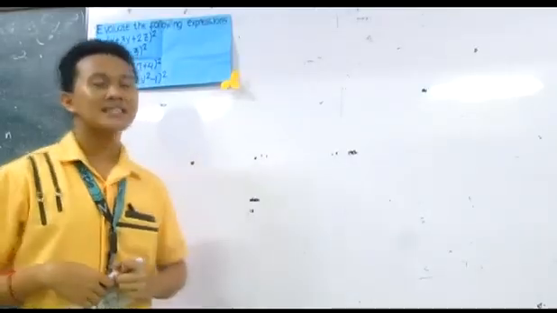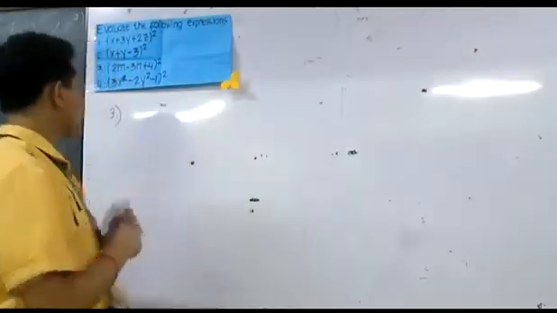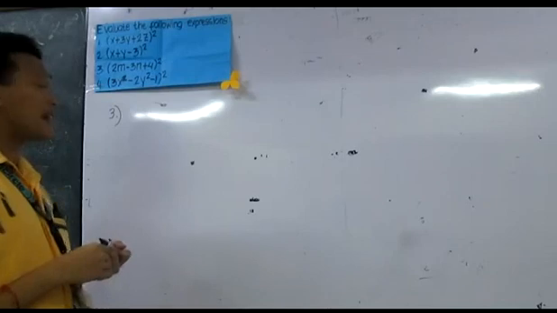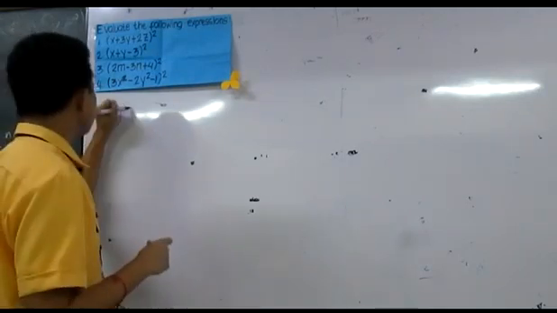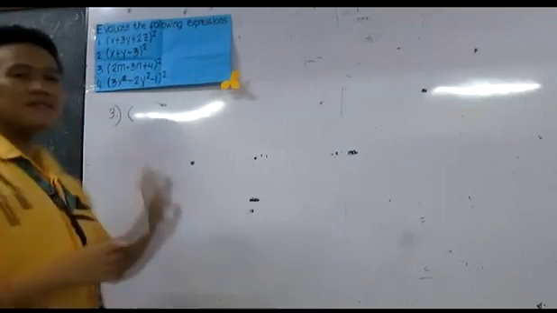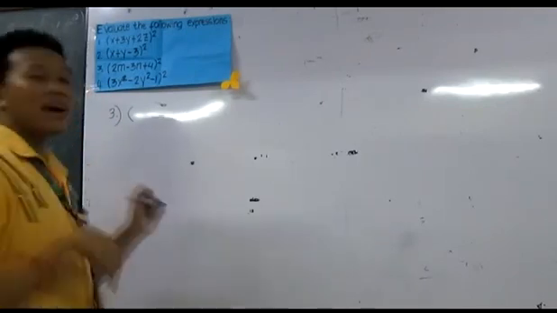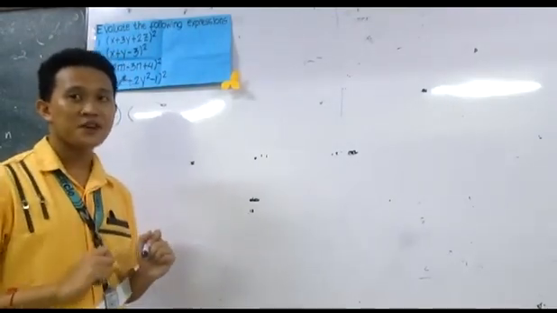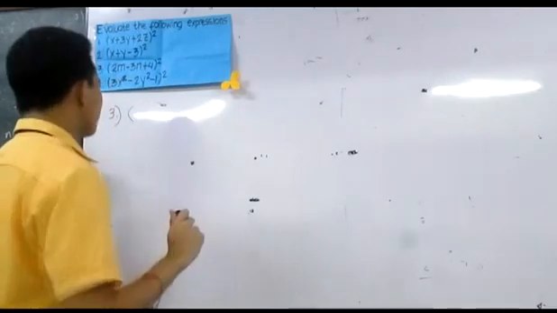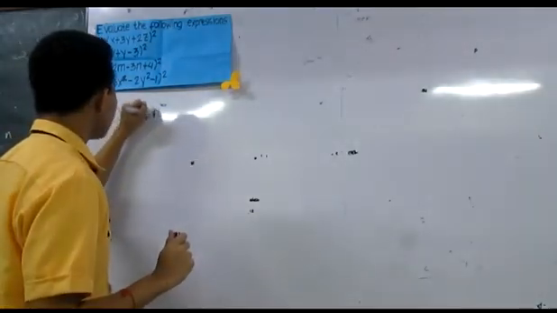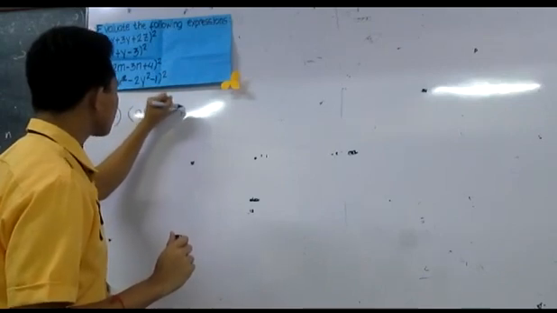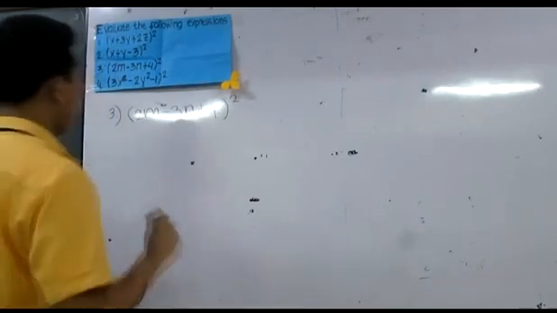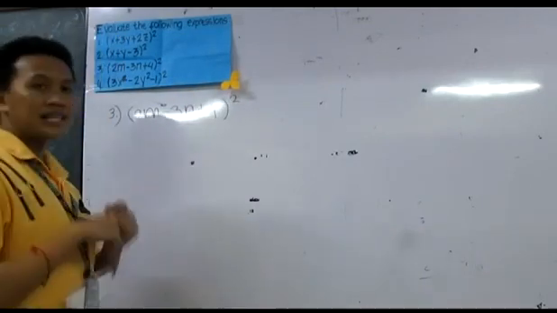Now let's proceed to our third illustrative example. As a given, we have quantity 2m minus 3n plus 4 quantity squared. As you can see, the negative sign is located on the middle term. And as the pattern or the formula, the negative sign is located on the fourth term and the fifth term. So let's evaluate. 2m minus 3n plus 4 quantity squared. So it is equal to,